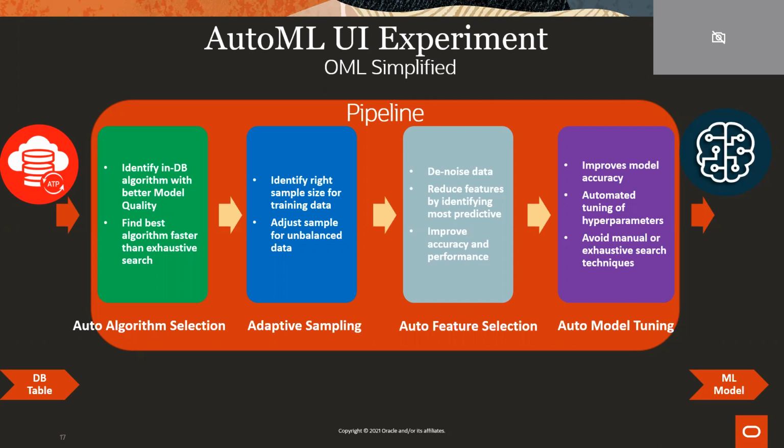Then it does some feature selection. Feature selection is kind of a huge thing in machine learning. You want to make sure that if you have hundreds and hundreds of attributes and features in your data set, not to use every single one of them. And for efficiency, accuracy of the model, and everything else, AutoML UI will do that feature searching very nicely for you. And then towards the end, it will do some